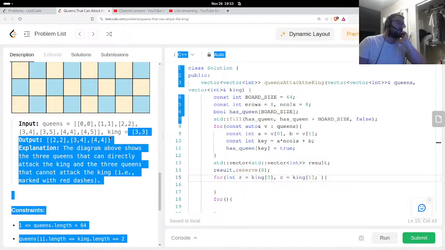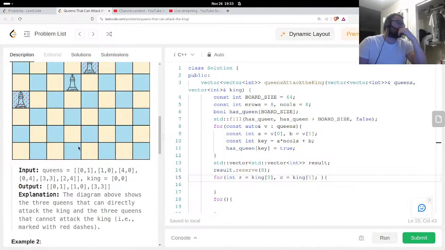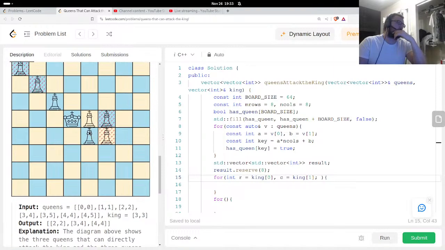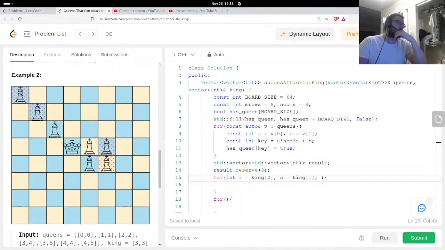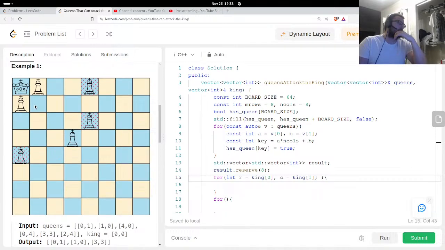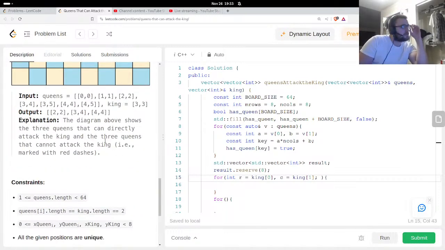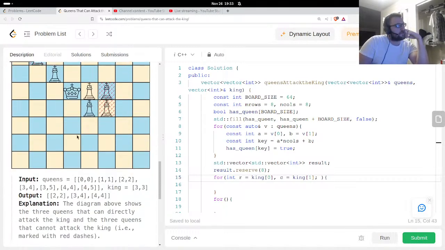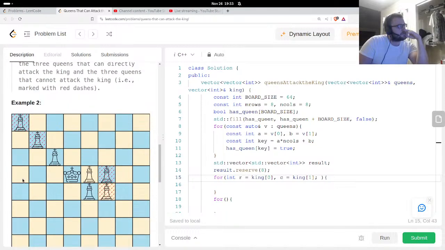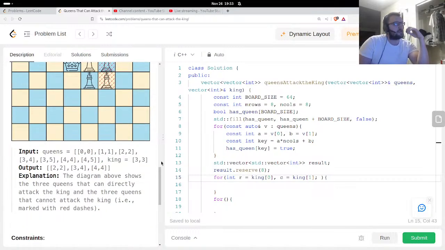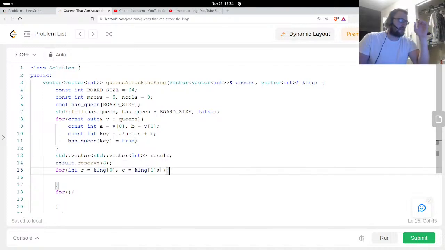It would be better if they had a king that was like, well, okay, let's do this queen. 0, 1, 2, 3, 4. I'm pretty sure it's row column. I'm just gonna go with row column. I'm trying to identify one of the queens. 0, 1, 2, 3, 4, 5. Yeah, I think it's row column. Anyway, so